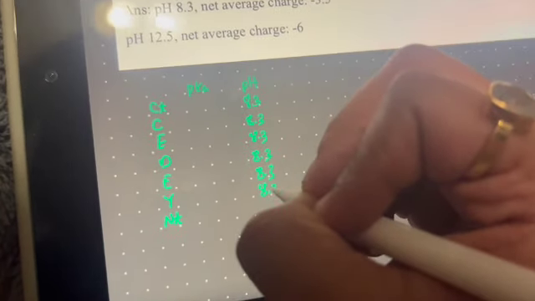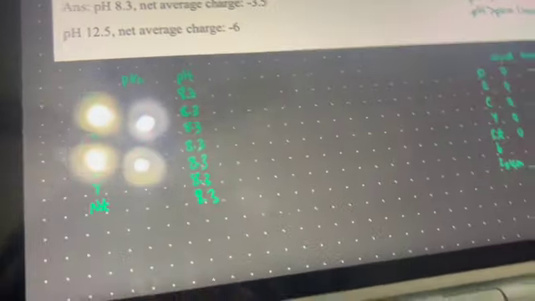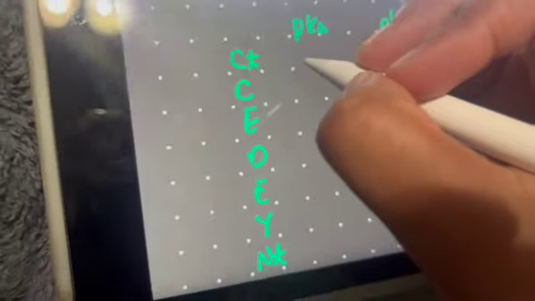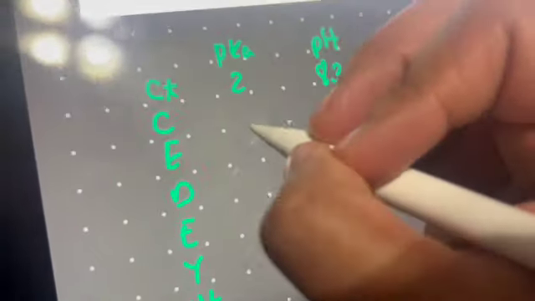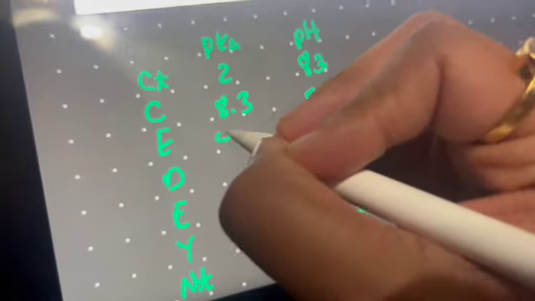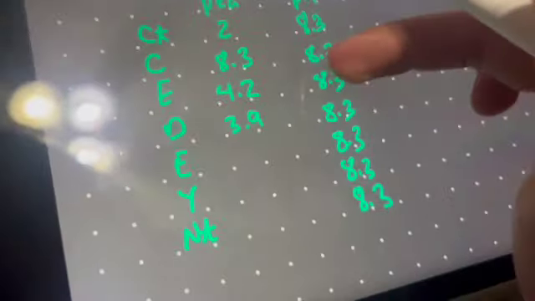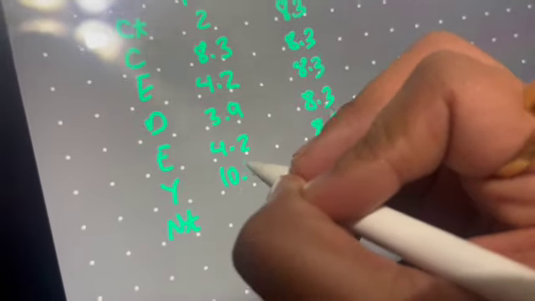Again, this is just a way for me to organize my own thoughts. So obviously people do it differently. But now I'm going to look at the textbook chart at the values of all the pKa's, and I'm just going to go ahead and write them down. So C terminal is 2, C is 8.3, E is 4.2, D is 3.9, E is 4.2, Y is 10.1,